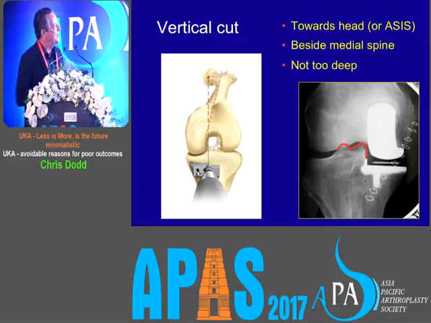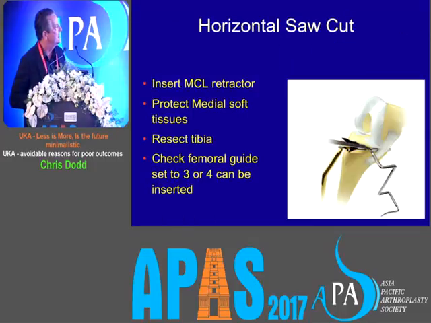So the only other things that you need to look at, you need to make sure you're as far lateral as possible. Think half a total knee. So what I do is I get a bovie and I diathermy the spine until I see it. Go as far laterally as you possibly can. The orientation of the vertical cut is not nearly so important. We now aim a bit more lateral, so we internally rotate it to get better coverage. Never recut the tibia. Obviously, you need to be careful with the horizontal retractor.